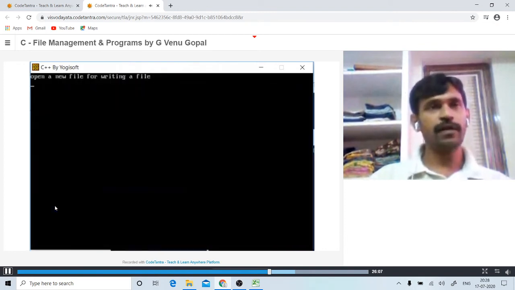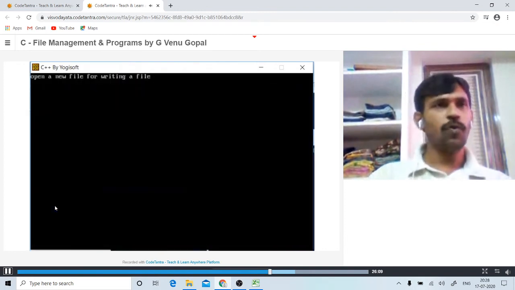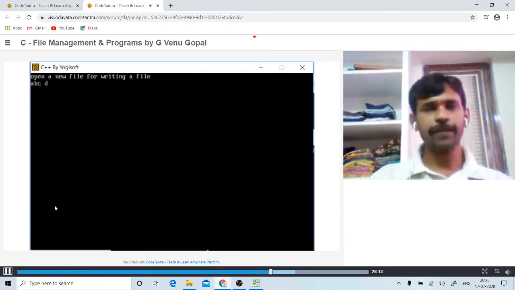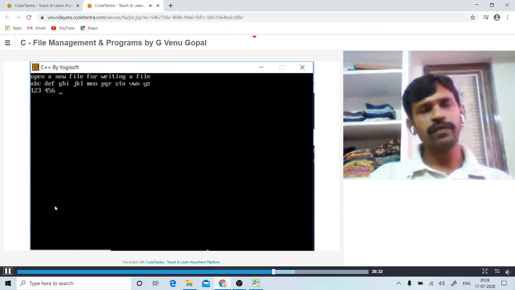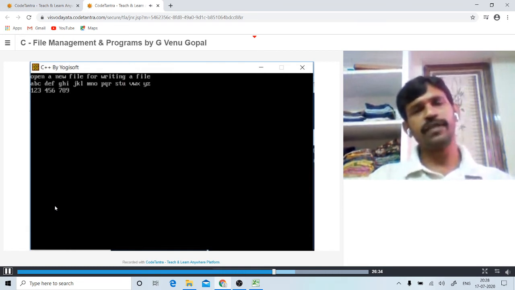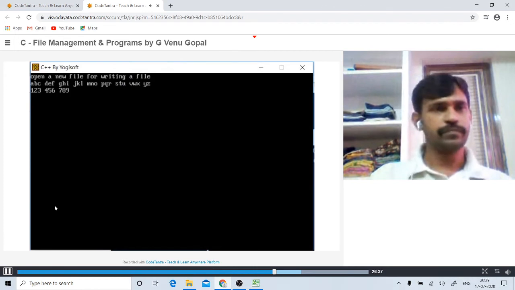Yes, first open a file for writing. So first we need to enter the data. Let us say A, B, C, D, E, F, G, H, I, J, K, L, M, N, O, space, P, Q, R, S, T, U, V, W, X, Y, Z. Again, 1, 2, 3, 4, 5, 6, 7, 8, 9, and some special symbols.